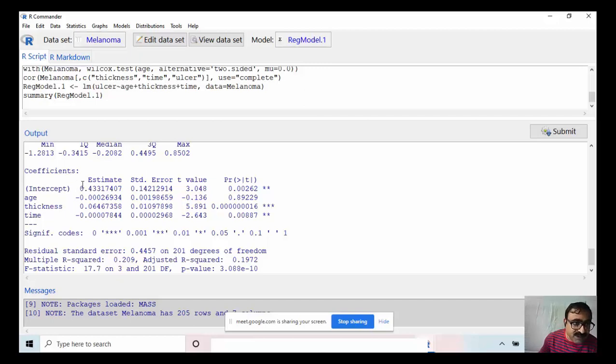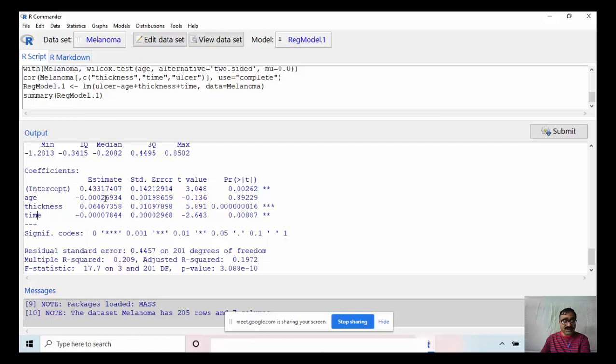From this first column, this is the intercept. That means ulcer equals 0.43 minus 0.0026934 into age plus 0.064 into thickness minus 0.0078 into time.